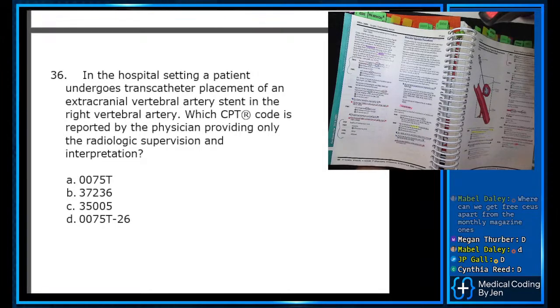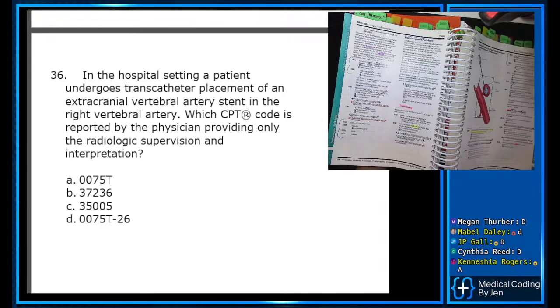What do you guys think is your answer to your question right here? We've got a transcatheter placement,